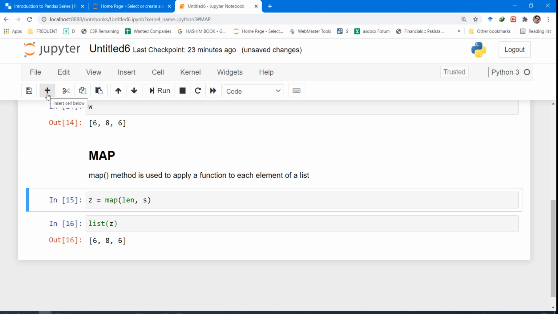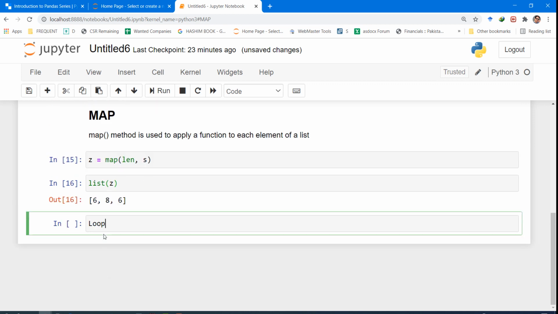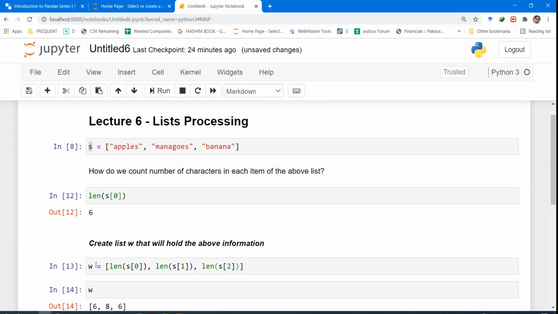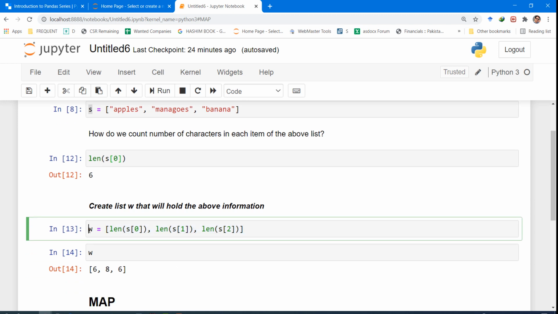Okay, and just to have some practice, we discussed the for loop and the while loop yesterday. Let me create another question for you, and I would like you to solve it yourself. If you were to create a similar list like this one, instead of typing all these elements manually, can we use a loop and create this specific list?